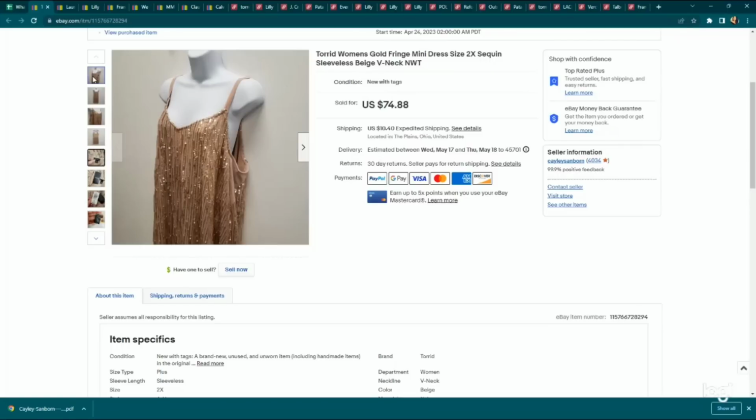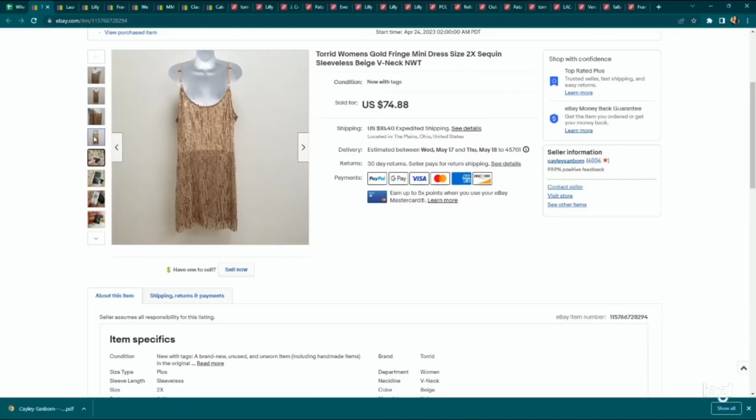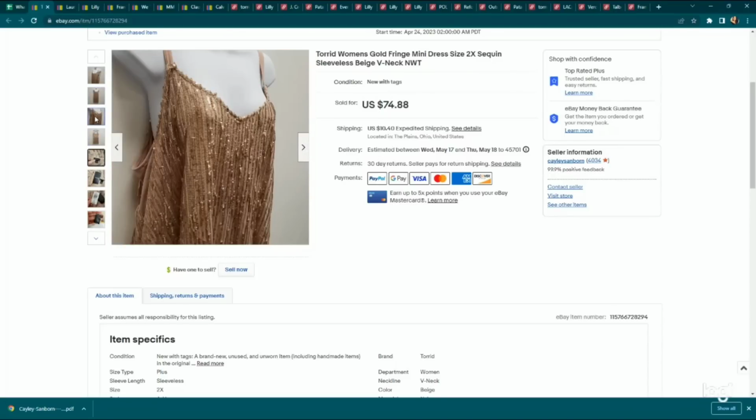But when somebody does need that for an event, I've needed one before for an event, you're basically willing to pay whatever you can because it's a very specific item and you need it right now. So there is value in all over sequin items. I'm not going to sit here and tell you that every all over sequin item is worth something, but it can definitely add value. And this is a plus size gorgeous all over sequin fringe mini dress,